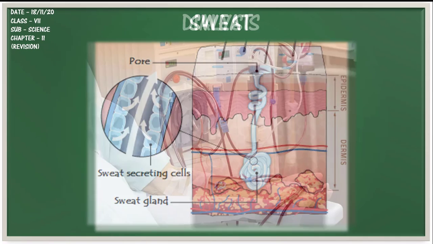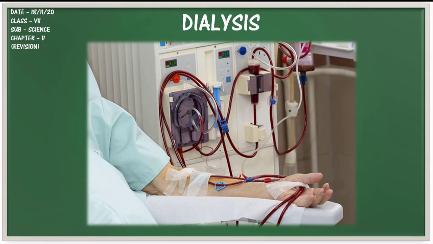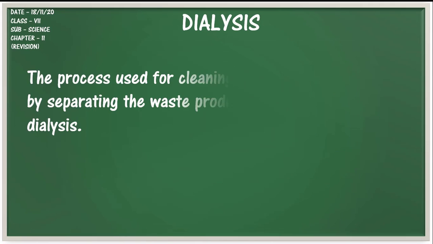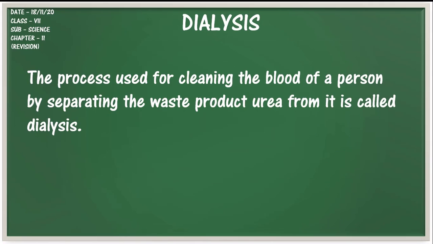Dialysis. The normal functioning of a kidney is necessary for good health of a person. But sometimes the kidney may stop working due to infection or injury. This condition of kidney is called kidney failure, which may lead to the accumulation of urea in the blood of a person. Since urea is a toxic substance which must be removed from the blood, such a person having kidney failure